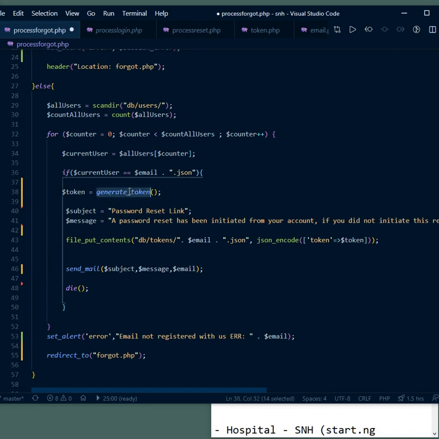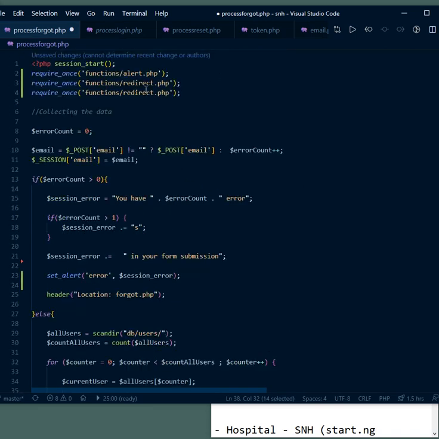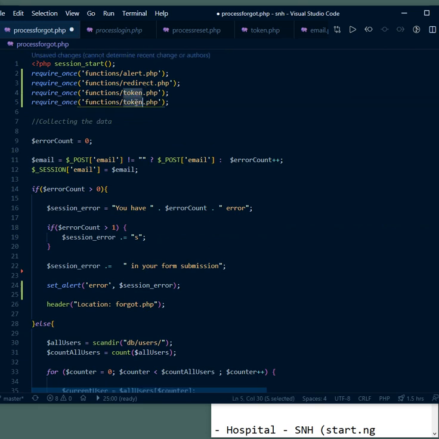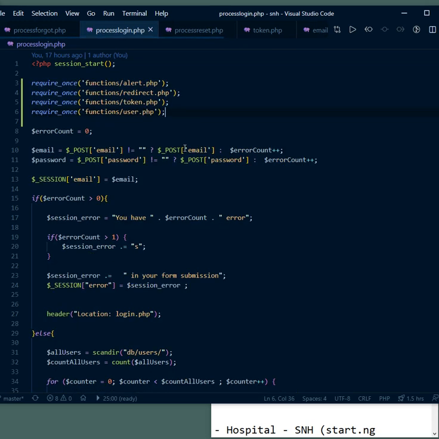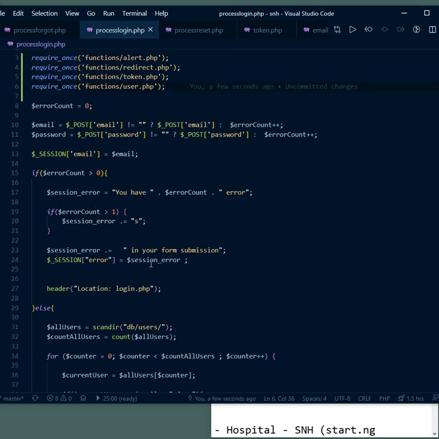I need to import token, of course. I mean, let's just get the user too. I'm not even sure if I'm using it. All right, so let's put it here too, because we'll need them, obviously. Let's change